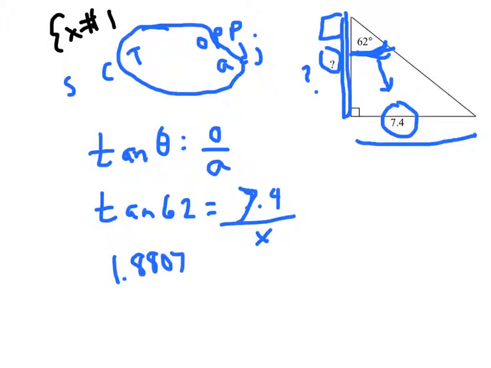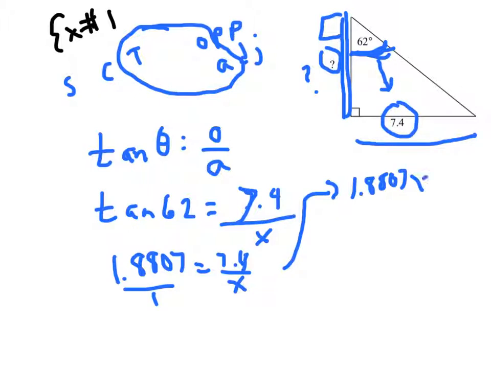Try to use 4 decimals at least when you're using trigonometry. Equals 7.4 over x. Now I have a proportion, cross multiply. X times 1.8807 is 1.8807x equals 7.4 times 1, which is 7.4. Solve for x, so I take 7.4 divided by 1.8807, and I get an answer of x